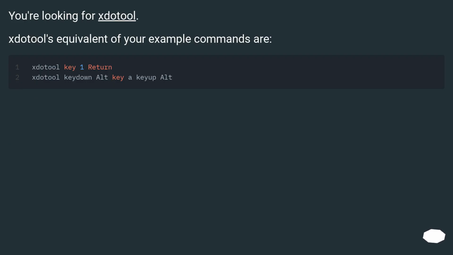You're looking for xdotool. xdotool's equivalent of your example commands are